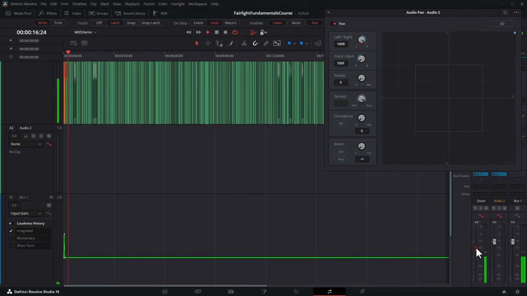clip level. Making clips shorter by trimming the starts and ends, changing clip volume, and as part of this, we'll learn about the